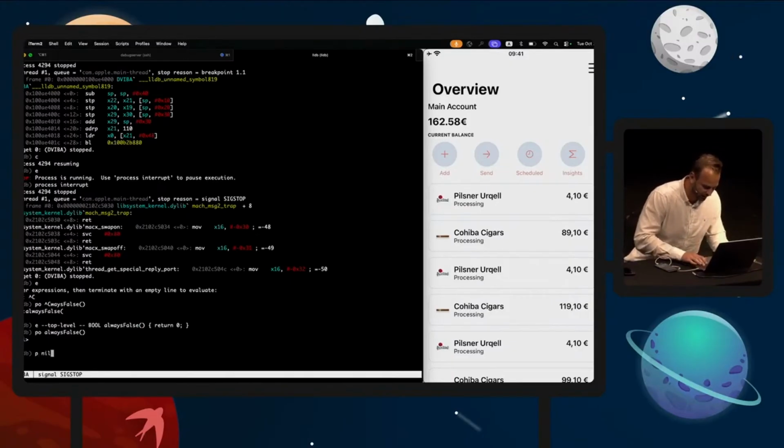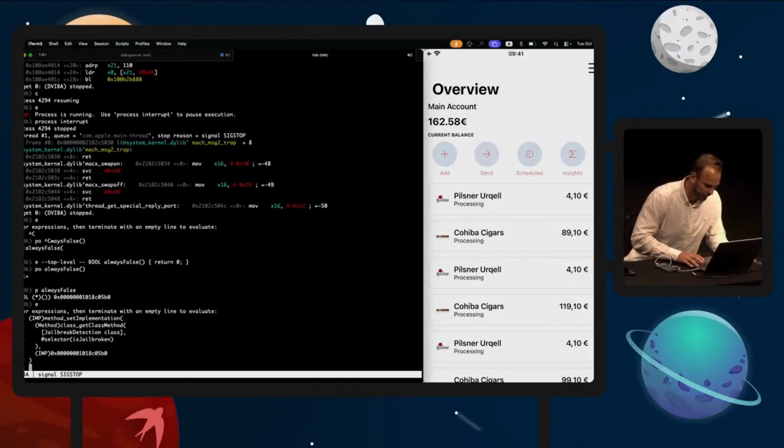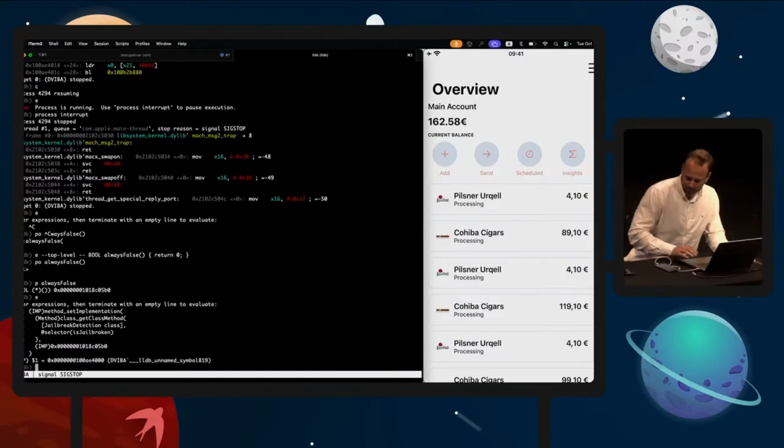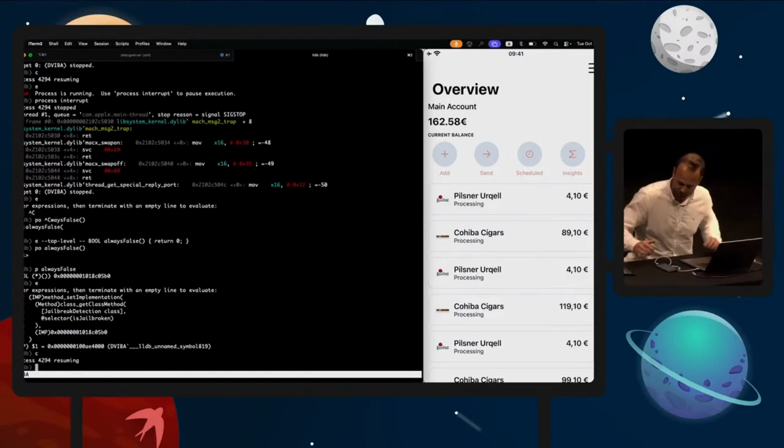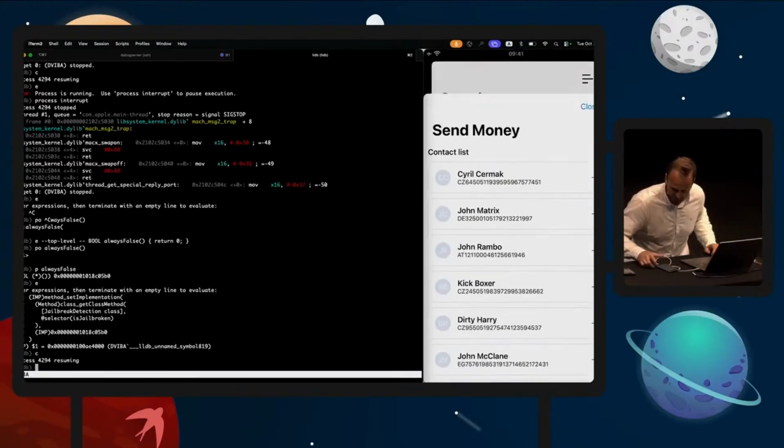We need to find its address. So this is the address of the function, and now I can write an Objective-C expression, which basically will do for me a runtime swizzling. So this will use the Objective-C API. Here we have method set implementation, class get class, jailbroken class, everything we were able to figure out from the binary. We got a hit. So now if I continue the process execution, I press send, I'm no longer facing the banner.